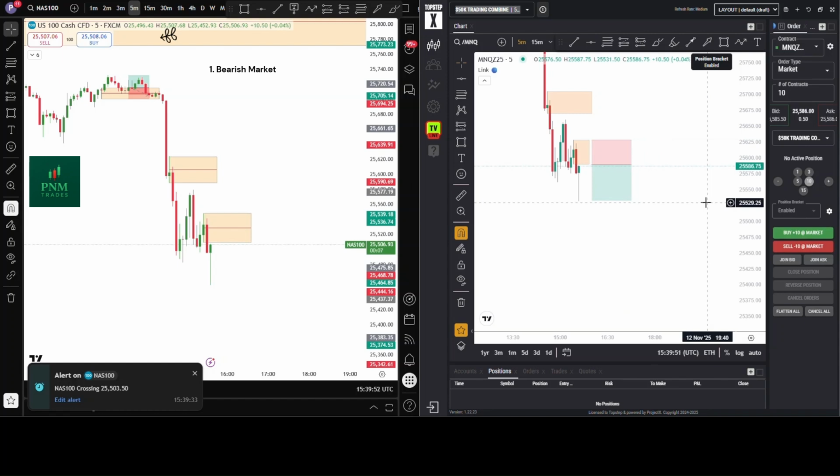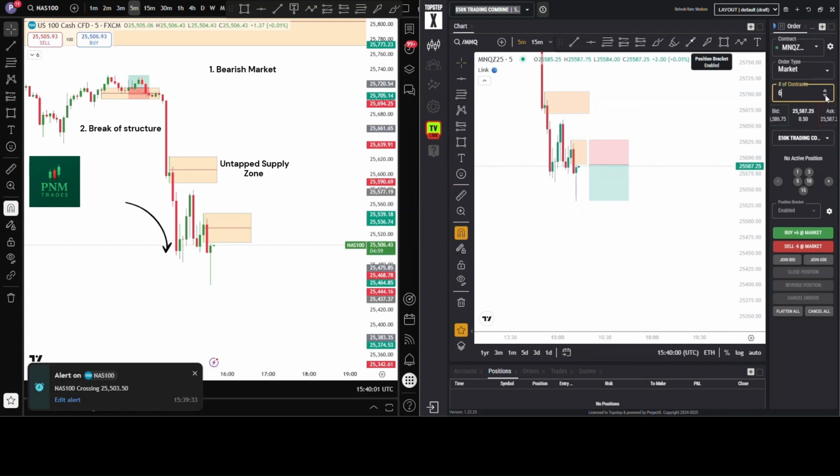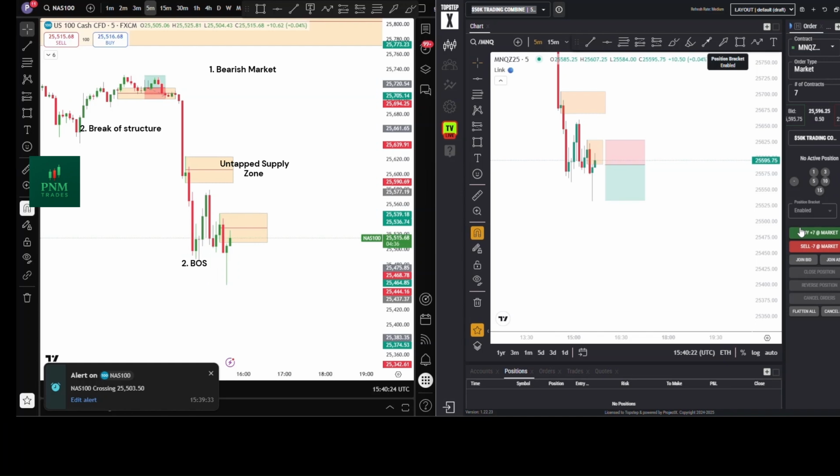So we had this demand setup. Once the sales came in, broke this structure, price came down, created this supply setup. So price kept coming down, came back up to try and respect it, but did not, obviously. And price came down a bit more, created another break of structure,